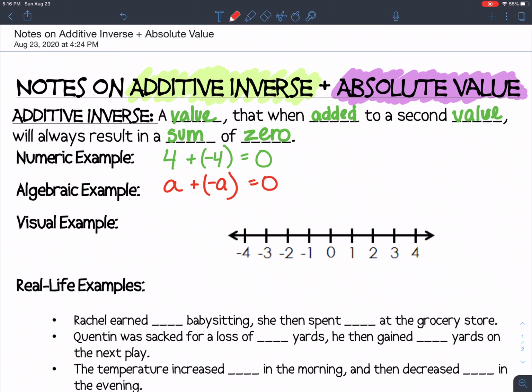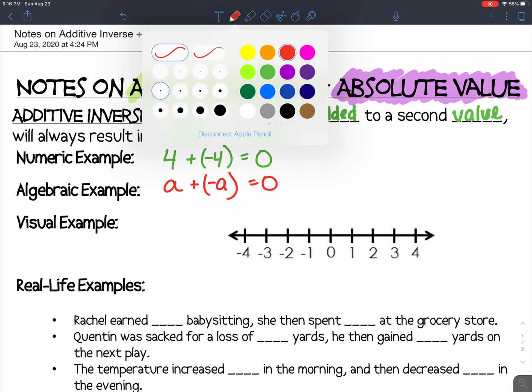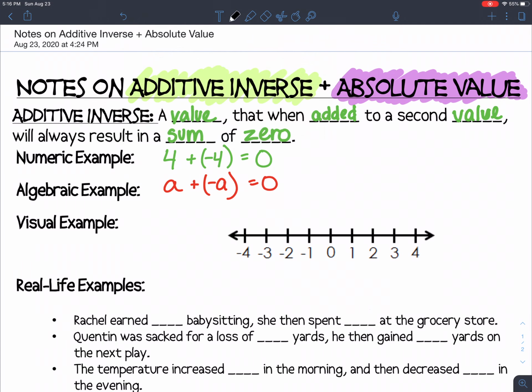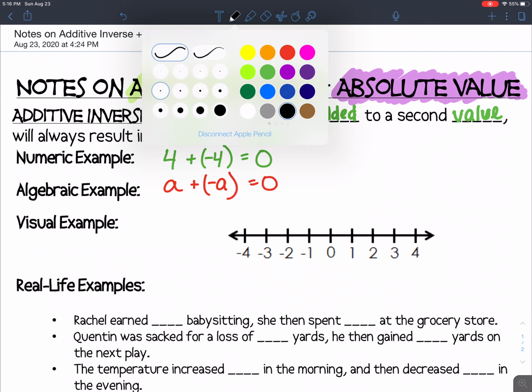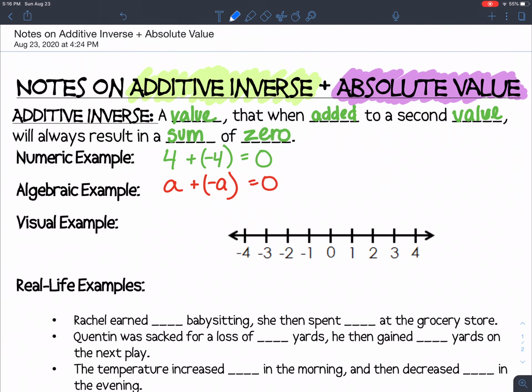Okay? And a visual example of that, we're going to type out here. So this is where you are back with me, I hope, typing into the boxes, and I'm going to use blue. In your 1, 2, 3, 4, 5, 6, 7, I think this is box 8. Go ahead and write out -3 is the